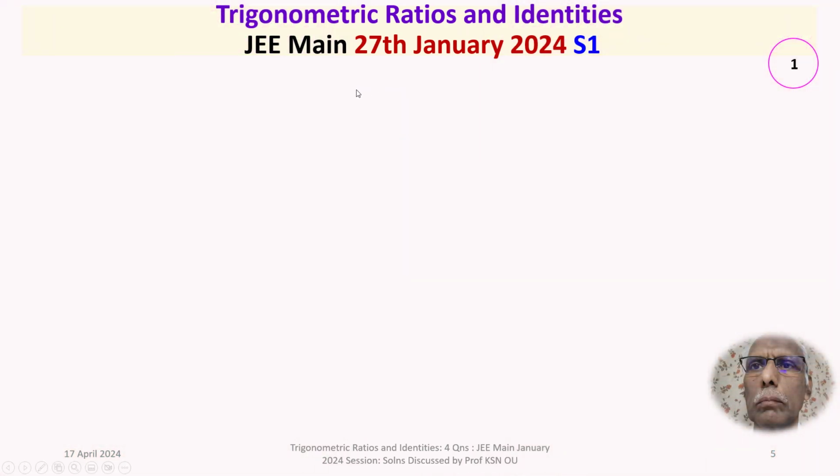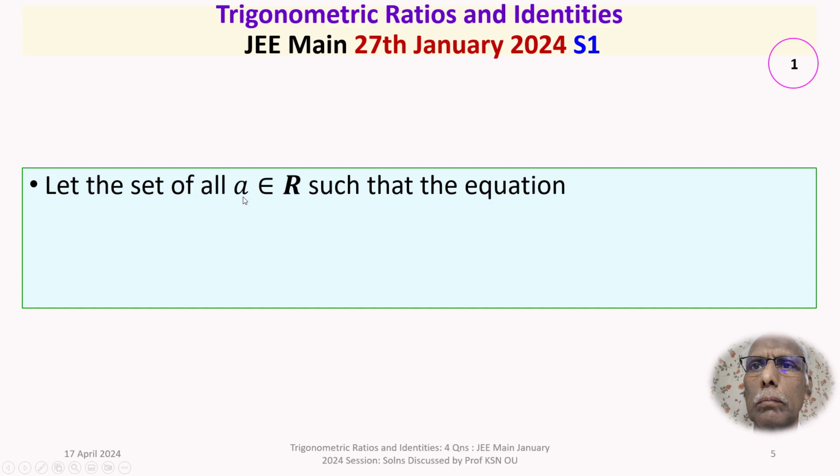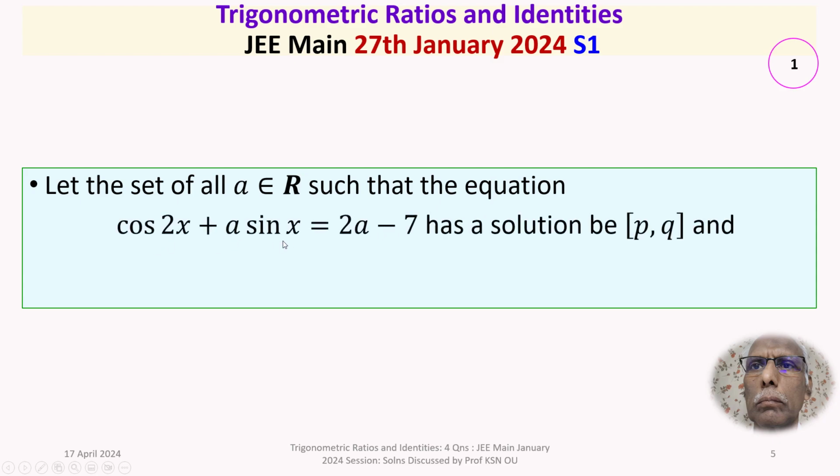The first question has appeared in the JEE Main exam held on 27th January 2024 in the first shift. The given question is: let the set of all A belongs to R, the set of real numbers, such that the equation cos 2x plus A sin x is equal to 2a minus 7 has a solution